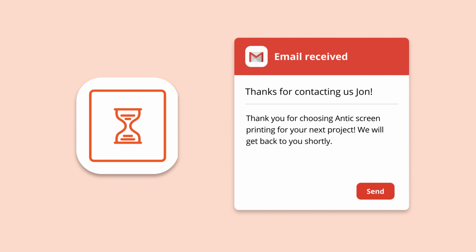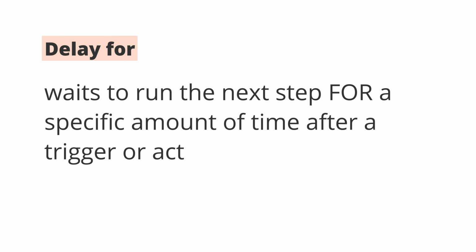Delay steps are great for automating tasks like sending follow-up emails, getting notifications for incomplete tasks, or anything where you might need a time delay. There are 3 types of delays you can use in a Zap. First, delay for. Use this when you want to delay the next step for a specific amount of time after a trigger or action. Delay for is relative to the previous step, and it's usually a duration like minutes, hours,